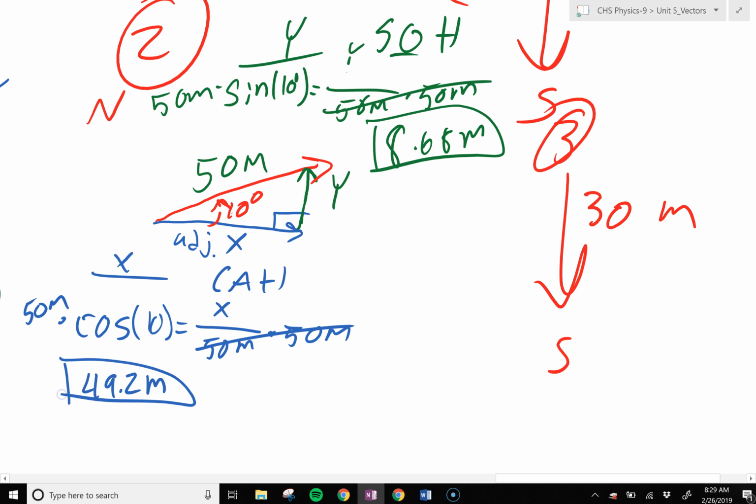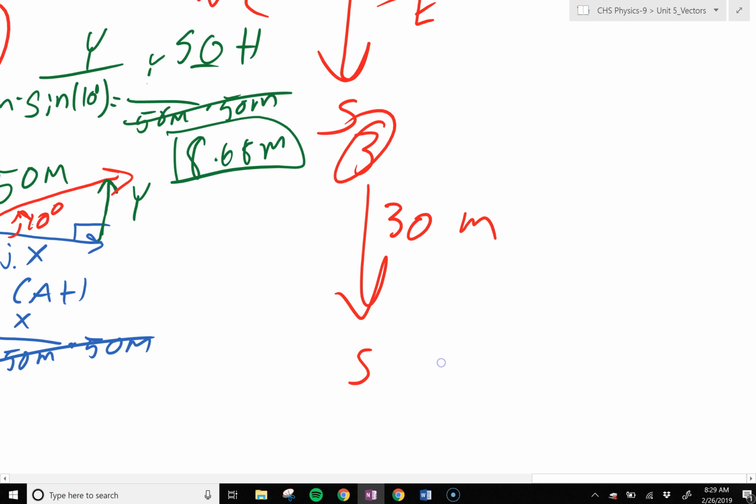meters. And then lastly, the third one, no calculation needed. The x component is 0 meters, and